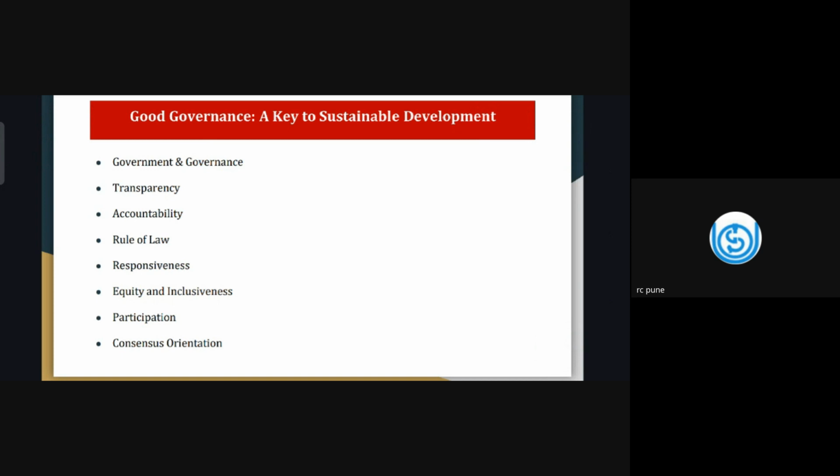Then what is expected? That all the actions of the government must be justified. All actions of the government must be there for the well-being of the people. Right? This is what we expect from the government. So when we expect such kind of things from the government, that government should behave properly, government should act properly, and if government does so,